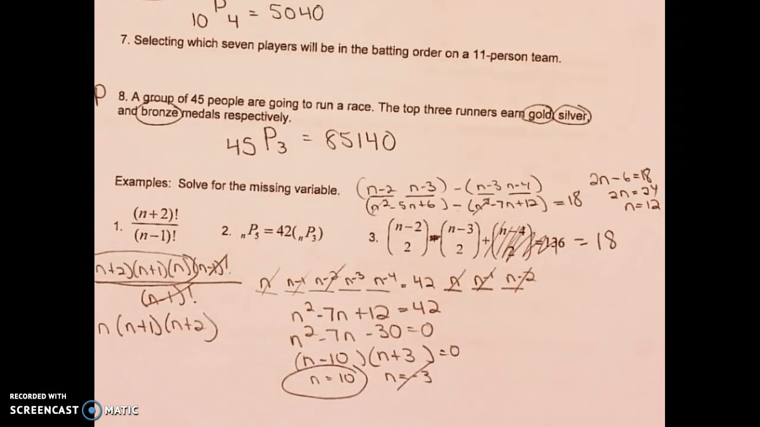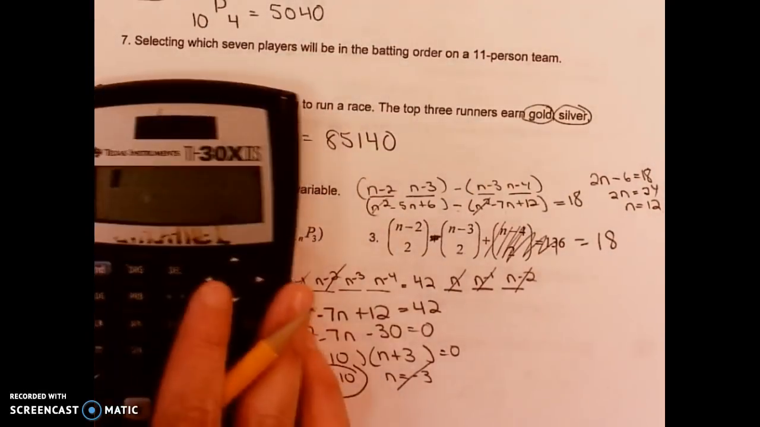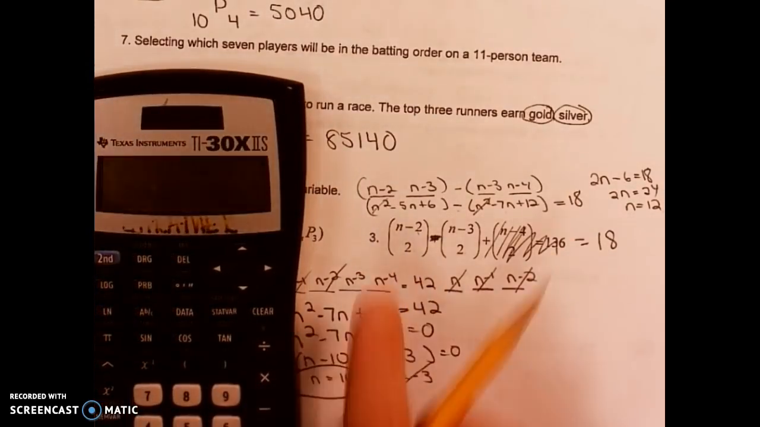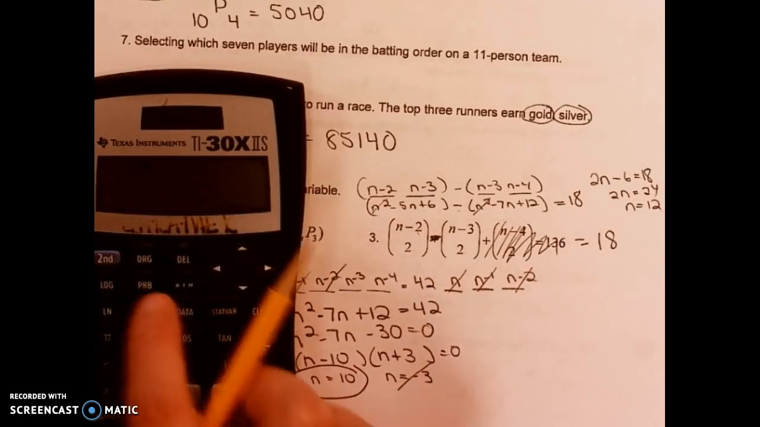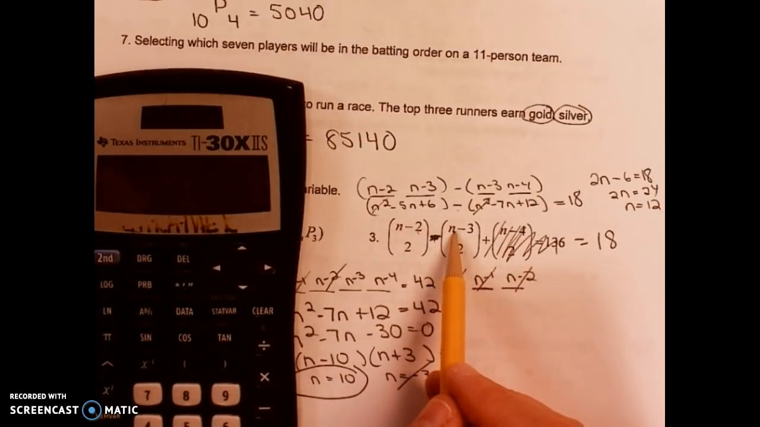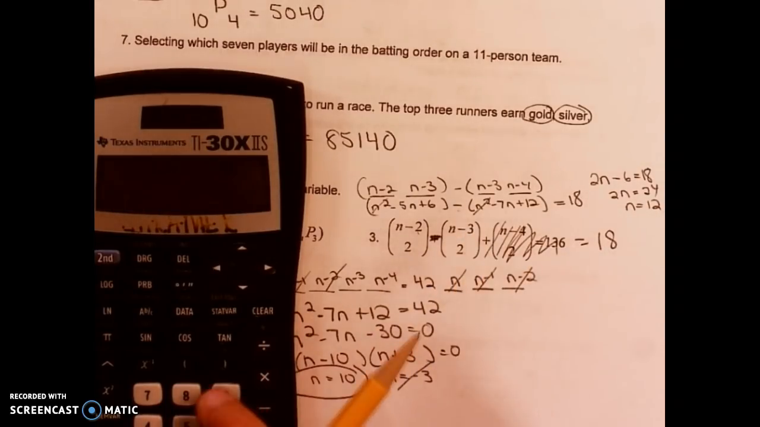Now this one we could check on either calculator. We're saying that we think this is equal to 12. So take a look. 12 minus 2 would be 10, so we're saying 10p2 minus, again, if I plug in 12 here, 12 minus 3 would be 9, so that's 9, choose 2, and we're hoping it's equal